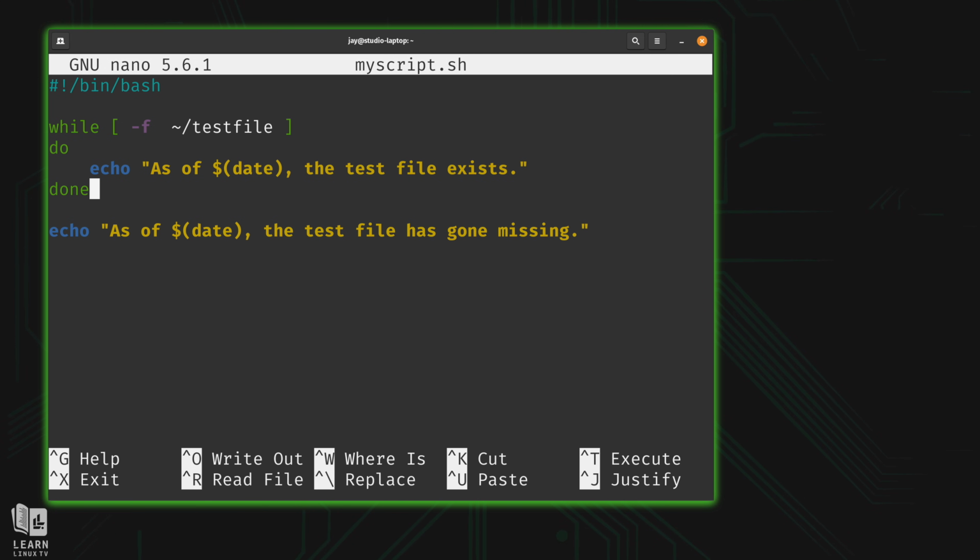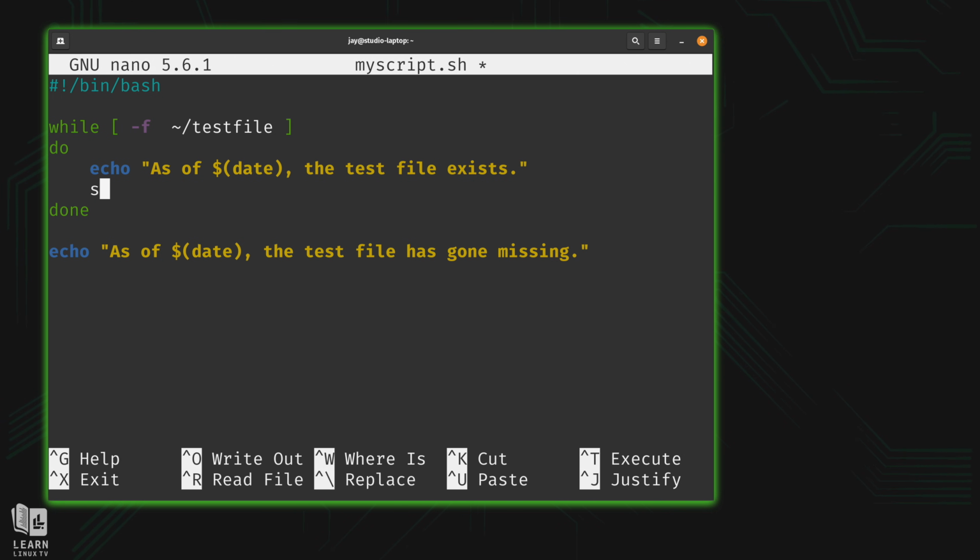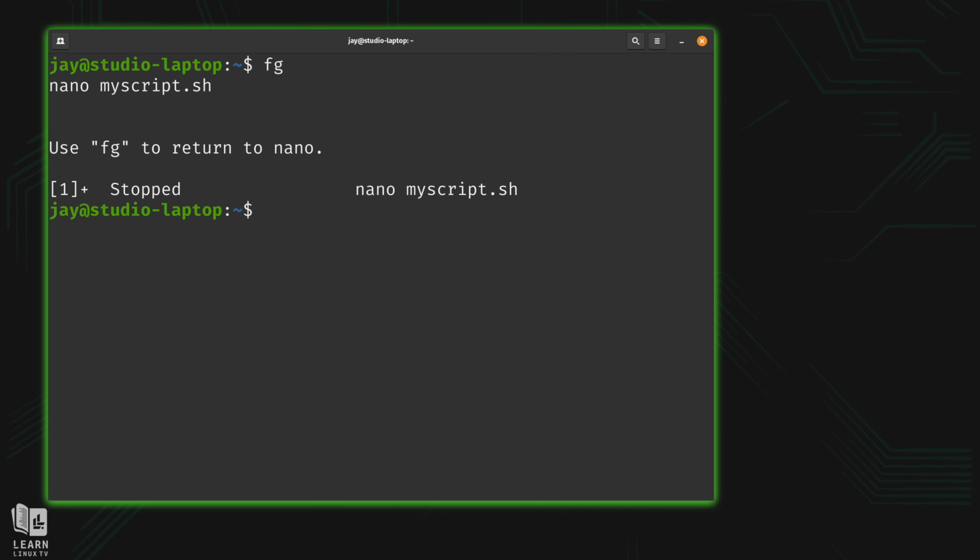Now, to make this a little bit better, what I'm going to do is sleep for 5 seconds. There's really no reason to check a bunch of times every second. I mean, depending on the importance of this file, it's probably okay that there's a 5-second delay before we know that the file is missing, but it depends on what you're using the script for. But anyway, if I go ahead and run this script,